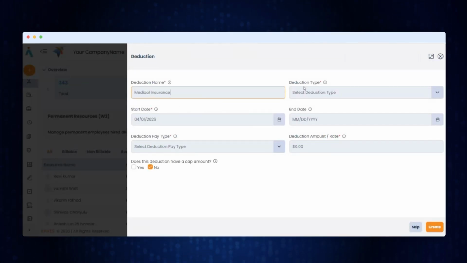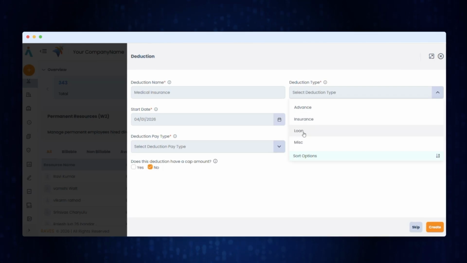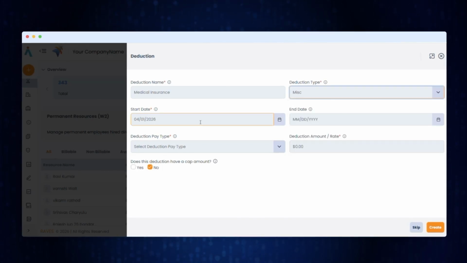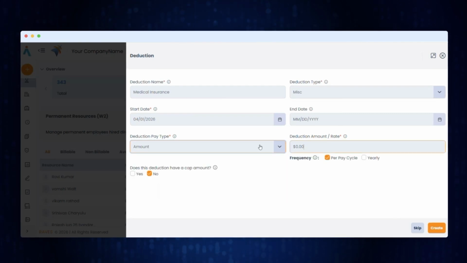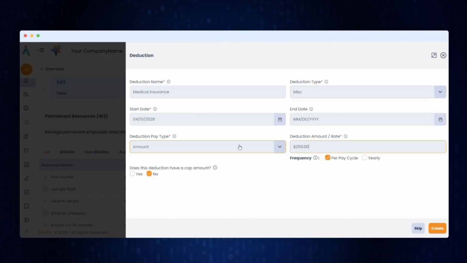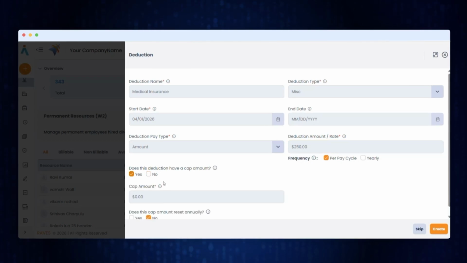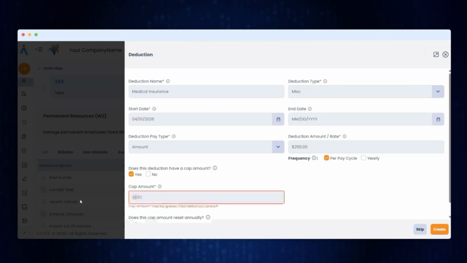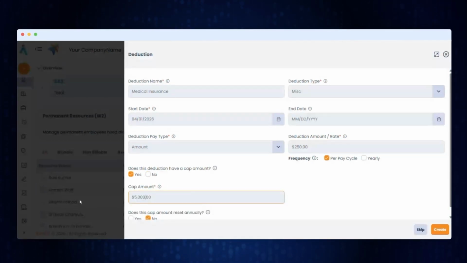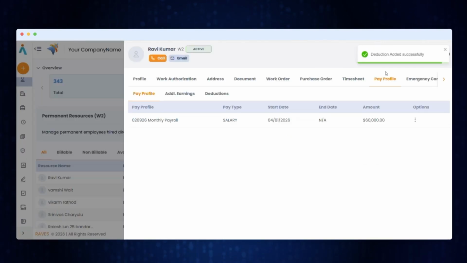you can deduction type is fixed. All this you can amount 250 per pay cycle, something like that. You can, if you have a goal amount, you can specify like only 5,000 per annum. You can charge the employee, something like that. You can create. So these all configurations will be taken into your payroll, and